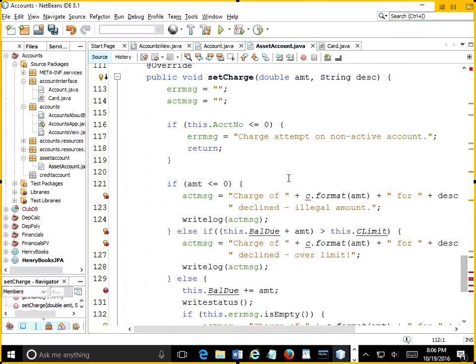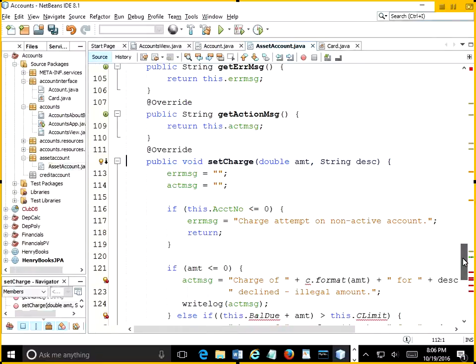If amount is less than 0, we're only going to accept positive values. So charge of, I don't have my C, my currency formatter. Apparently I just called it C here. It expects it to be a global evidently, so let's go ahead and